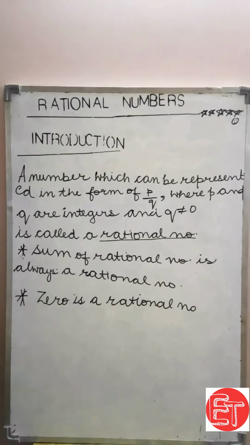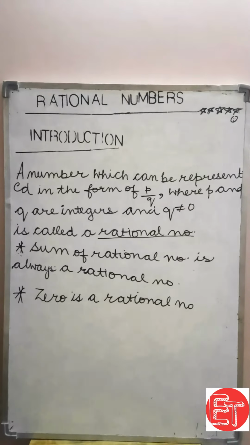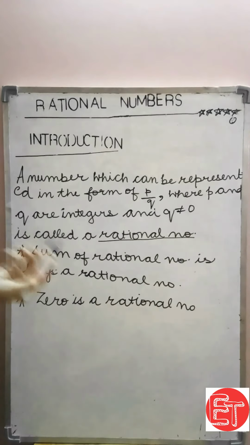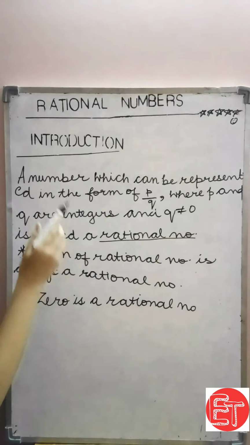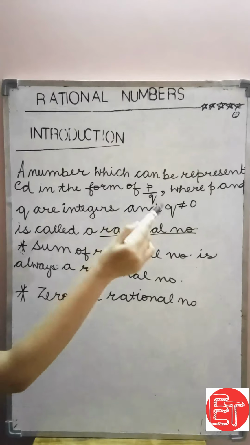So today we are going to study about rational numbers. So let's understand rational numbers with the help of this introduction. Okay. So the definition of rational numbers is a number which can be represented in the form of P upon